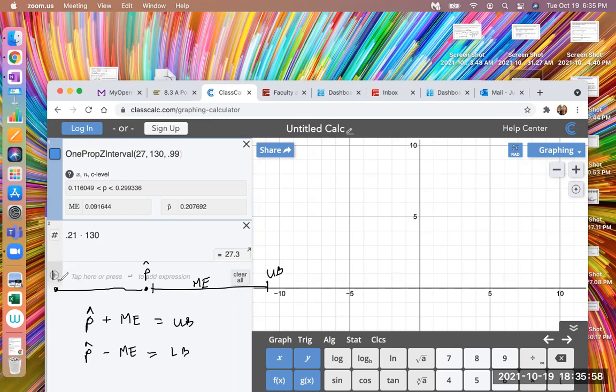But the secret and the calculator cheat if you're using the TI-84 is to recognize that if you look at the distance between the upper bound and the lower bound, this whole distance, it is exactly 2 margins of error. So if you were not given the margin of error like I was, what you could do is take the upper bound, 0.2993336, subtract the lower bound,